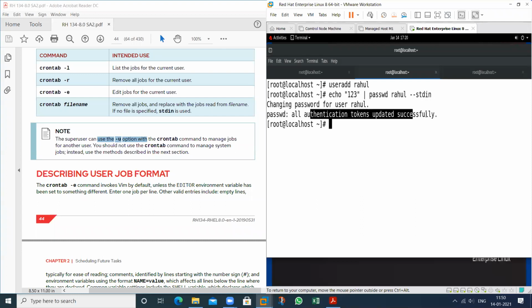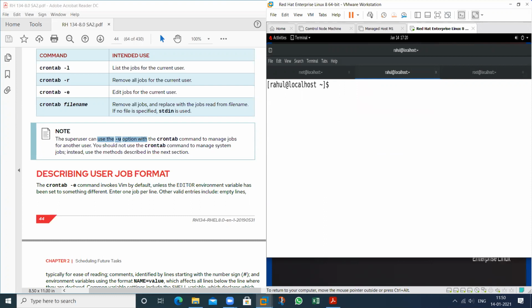So the password has been applied. The password is this one, and I want to check this su -. Then this user wants to create a crontab.